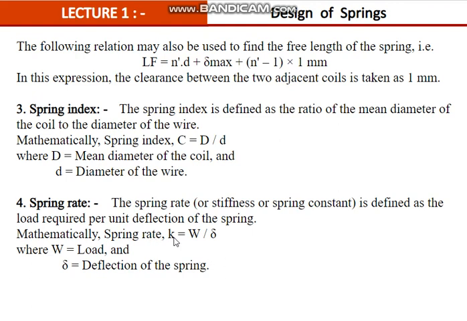तो स्प्रिंग रेट को स्मॉल के से रिप्रेजेंट करते हैं, और ये W जो है ये लोड है, और डेल्टा उसका डिफ्लेक्शन है। सो W का यूनिट न्यूटन होता है, डेल्टा का यूनिट मिलीमीटर होता है। सो स्प्रिंग रेट का यूनिट क्या रहेगा? न्यूटन अपॉन मिलीमीटर रहेगा। ओके, दिस इज स्प्रिंग रेट।